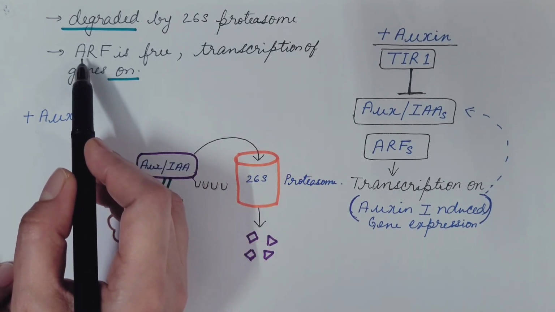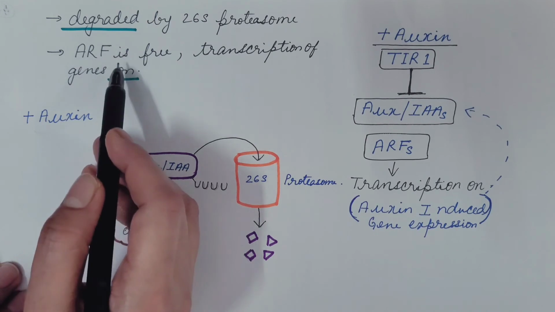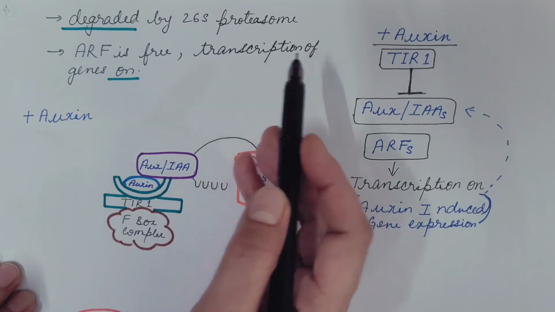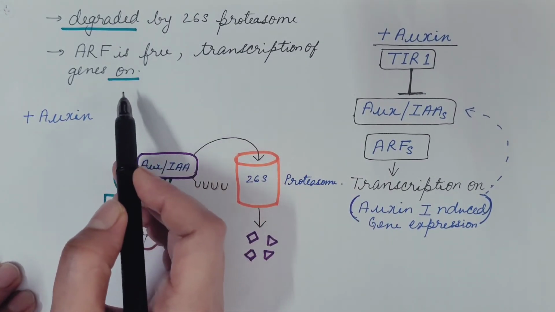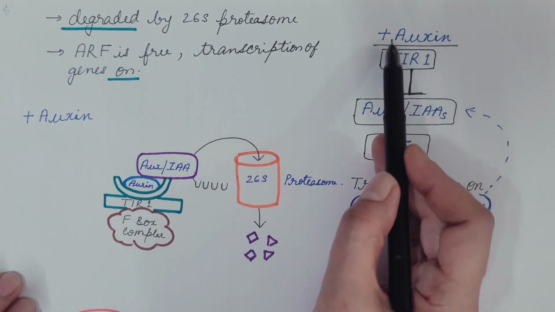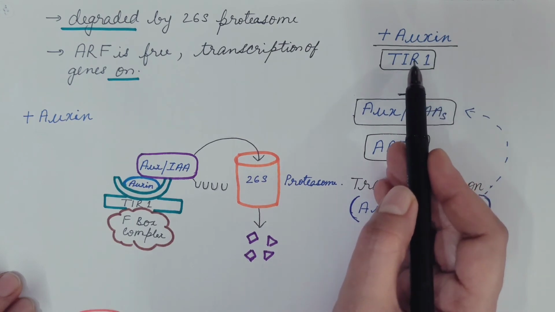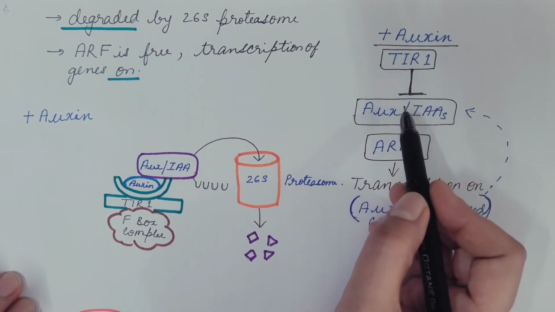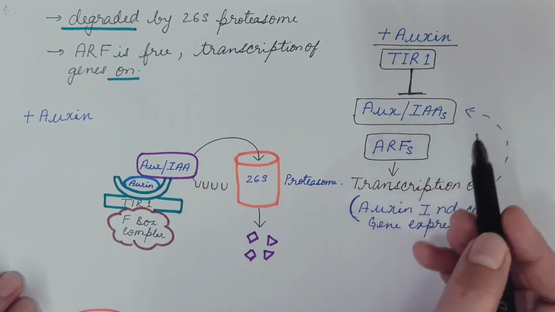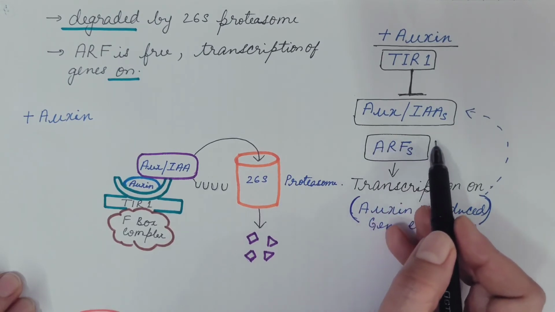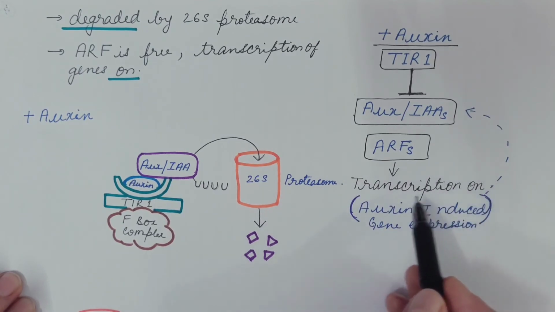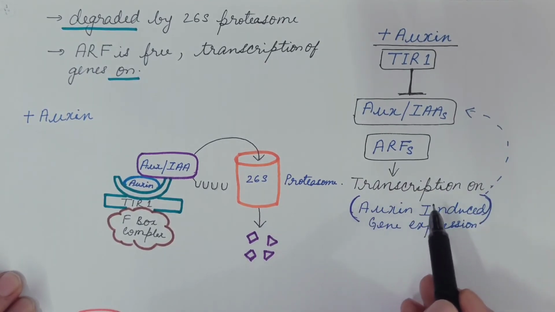Now with the degradation of the inhibitor, the ARF transcription factor is free. Hence it transcribes the genes and we say that transcription of genes is on, or the signaling is on. So auxin is present, it binds to the receptor. This receptor then binds with the inhibitor AUX/IAA. As a result, the transcription factor ARF is free and hence the transcription is on,